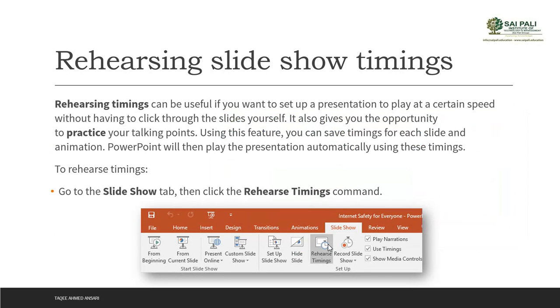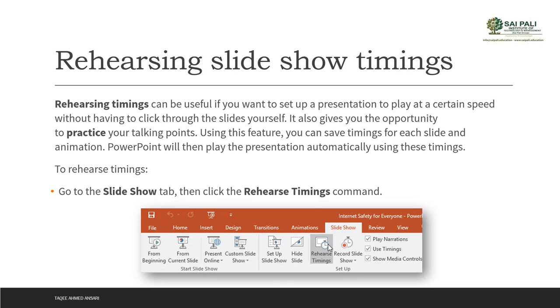Now the next thing is rehearsing the slideshow. Rehearsing timing can be useful if you want to set up a presentation to play at a certain speed without having to click through the slides yourself, and it also gives you the opportunity to practice your talking points. Using this feature you can save timings for each slide and animation, and PowerPoint will then play the presentation automatically using this time.